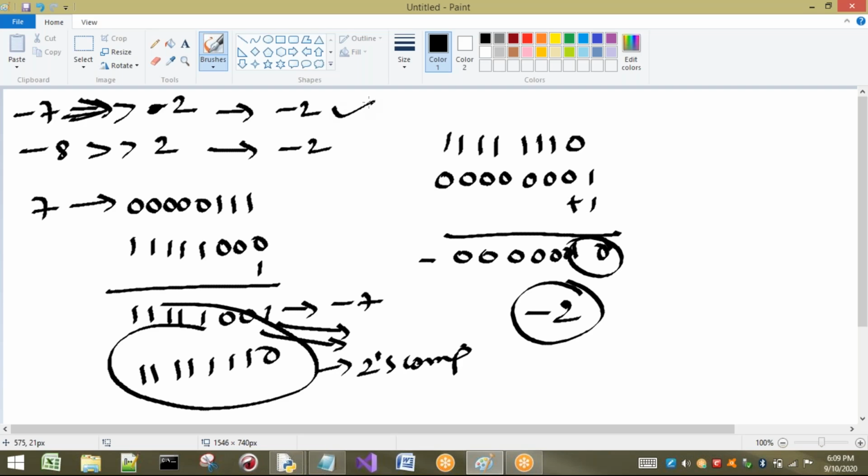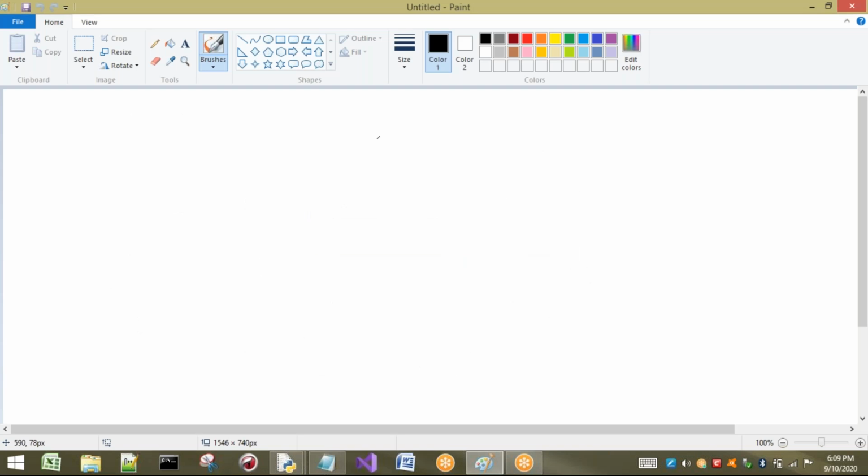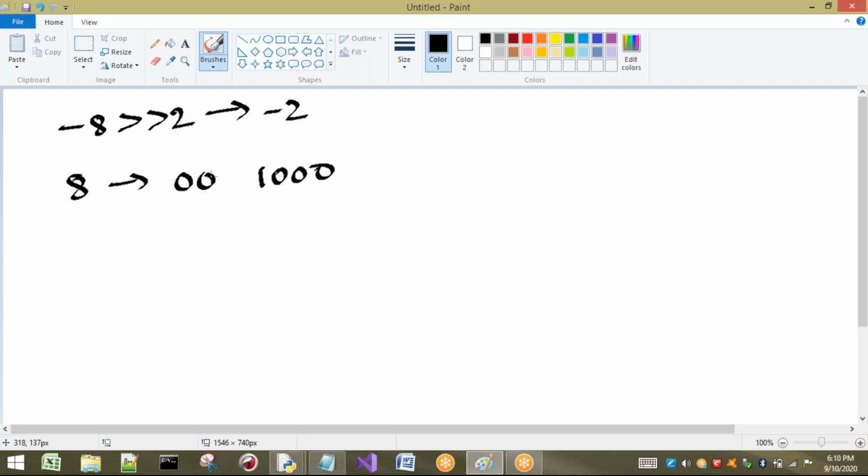Now I want to show you minus 8 also. For minus 8 we also got the answer minus 2. Now see, I'm going to consider minus 8 and shift right by 2 bits. So 8 means 1, 0, 0, 0, and 0, 0, 0, 0.